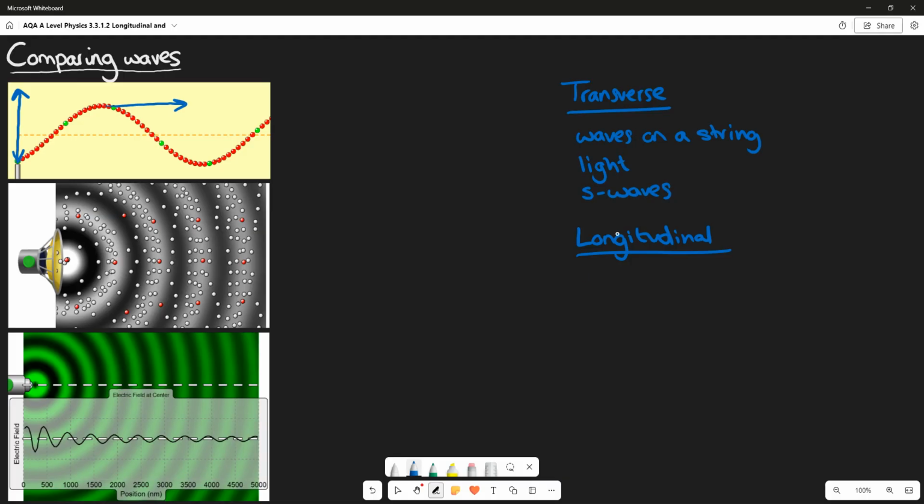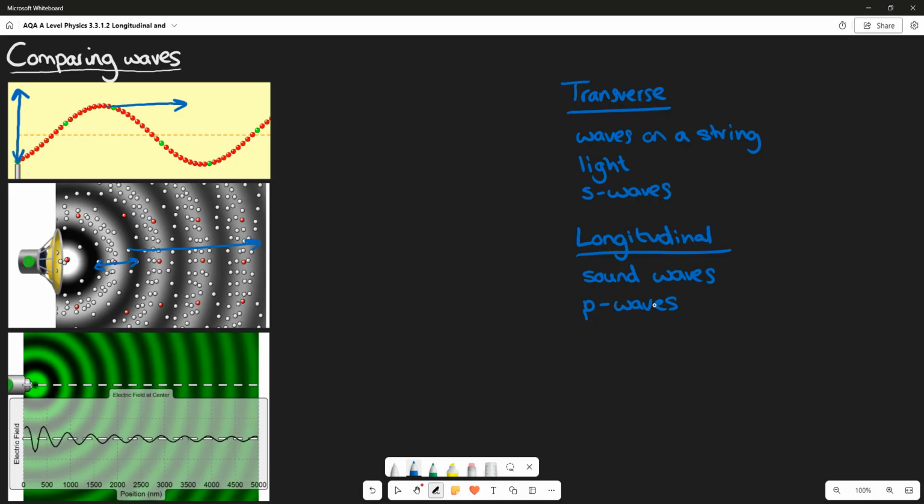Examples of longitudinal waves have oscillations along the direction of travel. So in this example, we have the wave moving from left to right, and in that direction, we have the oscillation going backwards and forwards in that same direction. It is parallel. The oscillation is along the direction of travel of the energy of the wave. And examples of longitudinal waves are sound waves and another type of earthquake wave, which is a pressure wave, which is essentially a sound wave, known at GCSE